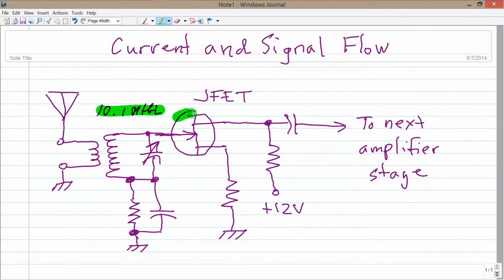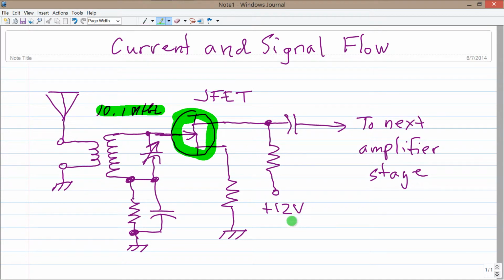This device, this junction field effect transistor, regulates the flow of direct current in accordance with the fluctuations of the signal so that we get a fluctuating direct current here. This capacitor lets the fluctuations on through, but not the direct current part. So the signal flows in through here, gets regulated, amplified, we hope, so that it comes out stronger